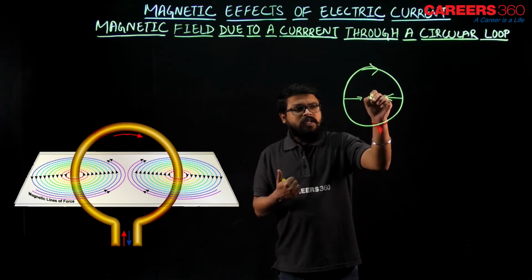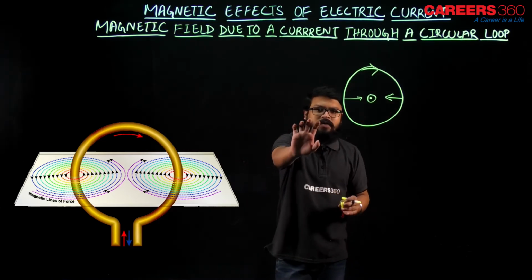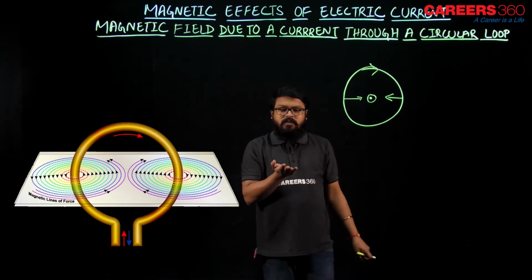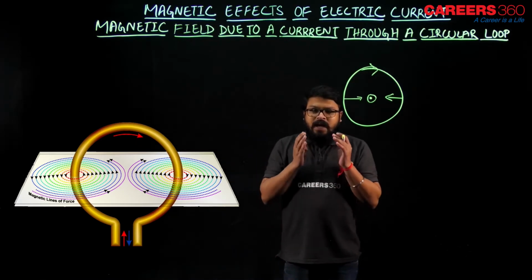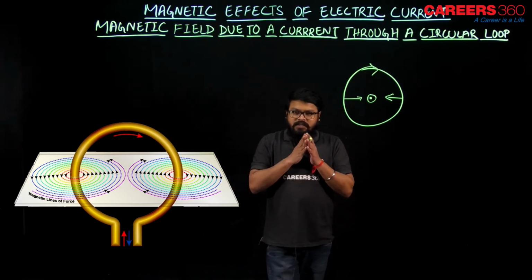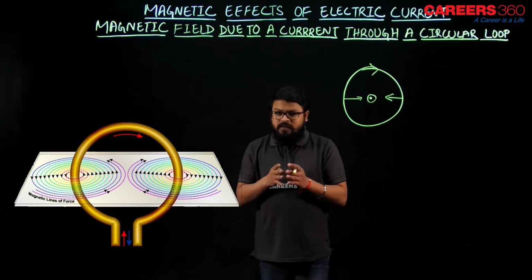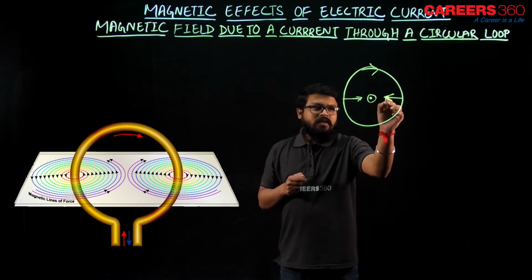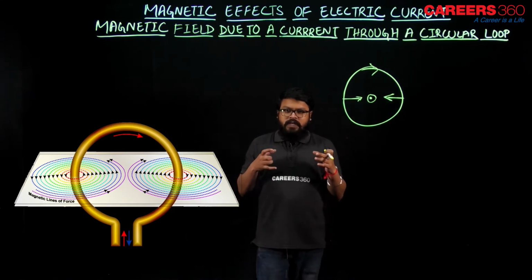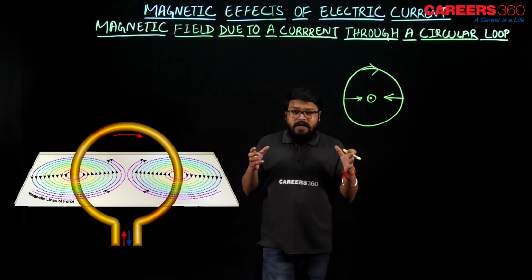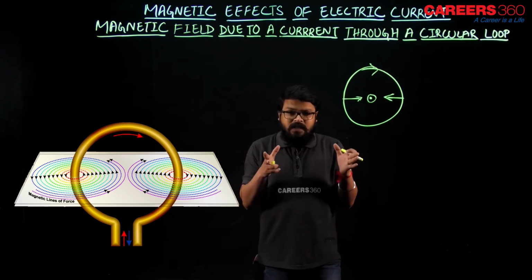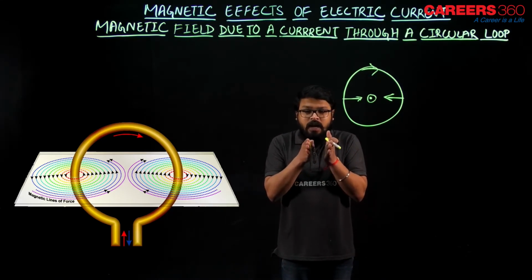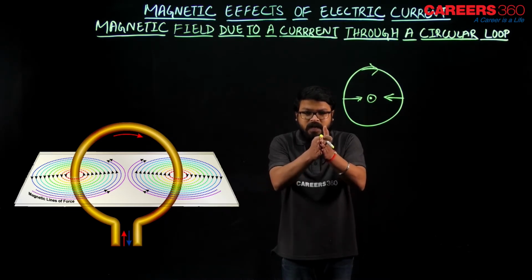So it would be into this plane, okay. But if I show you the horizontal plane, it looks like coming towards you. So at the center, the magnetic field line is straight, because as we moved away from the conductor towards this center, the magnetic field lines, which were concentric circles, had their radius increased. When the radius was increasing, the resultant at the center of two large concentric circles would be a straight line.